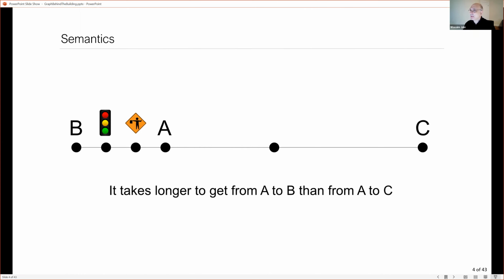And you know that perhaps two cars are starting in opposite directions from A, one goes to B and one goes to C. And let's assume that from A to C, it's a highway. That person going from A to C can get home faster than the person trying to get from A to B. So not only is the geometry now irrelevant, it is the topology, because he has to stop at different intersections. And what those intersections are, semantics, makes a big difference.